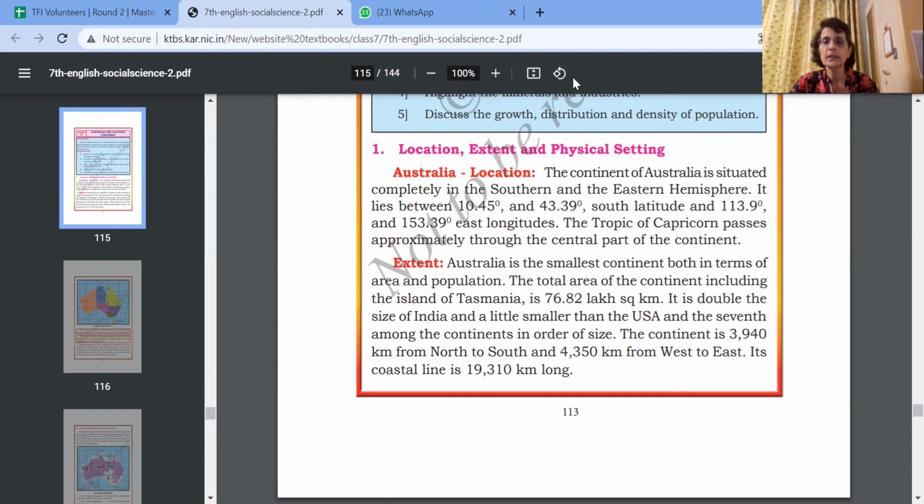Now, what does this mean? So first, just mark this entire paragraph. This entire paragraph from here to here, just mark it up. So the continent,